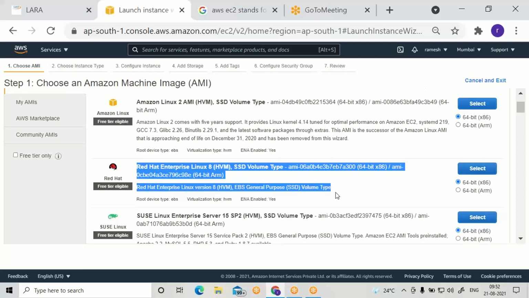Select the second one and click on select.